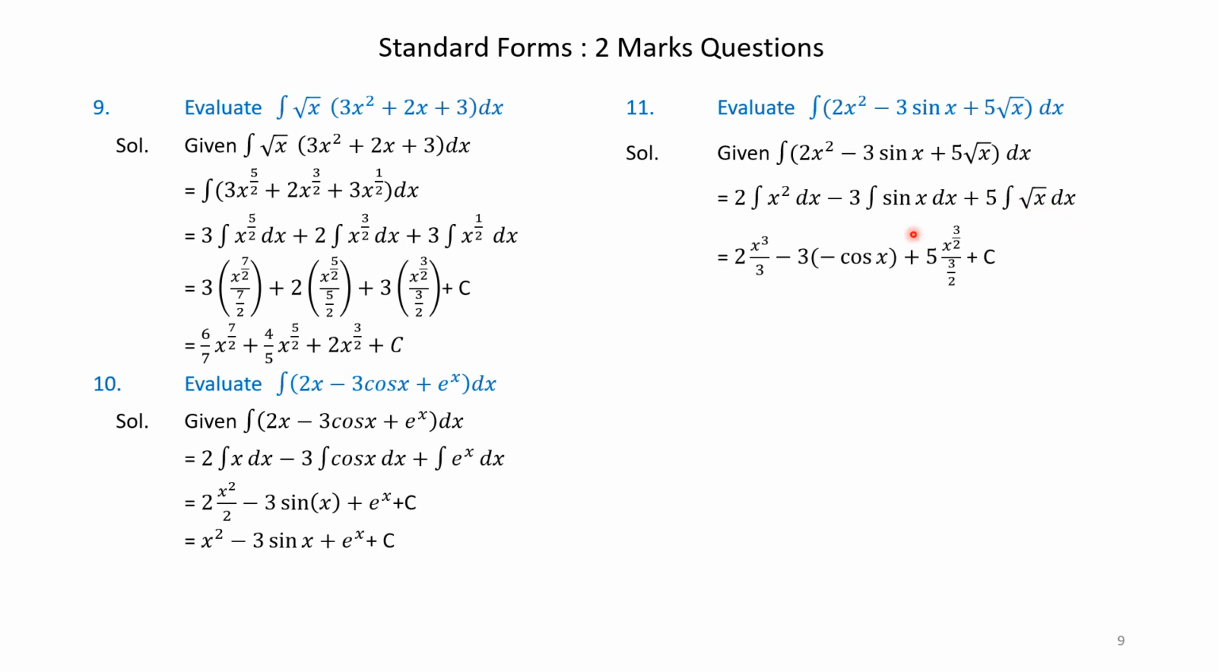Therefore, it becomes, by the power rule, 2 into x cubed by 3, minus 3 into the trigonometric function. The integral of sin x is minus cos x, so you have to remember, minus cos x, plus 5 into, you see, x to the power of half, and that is the power rule again: x to the power of half plus 1 divided by half plus 1. That becomes 5 into x to the power of 3 by 2 divided by 3 by 2 plus c, where c is